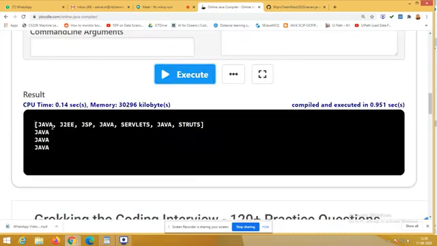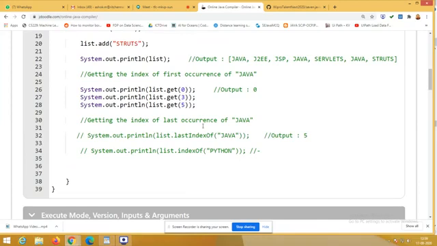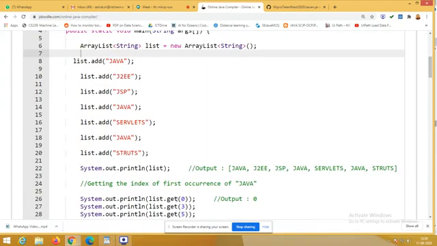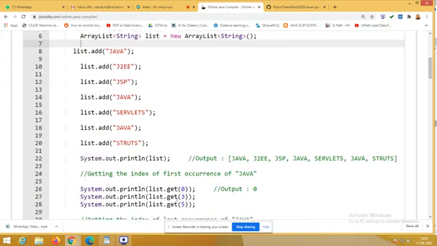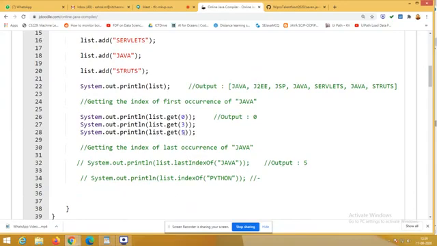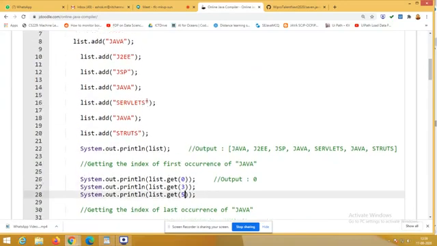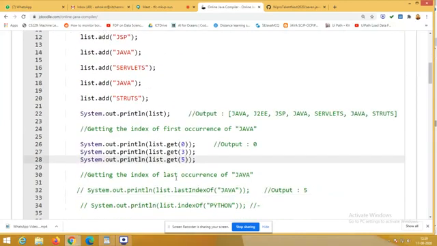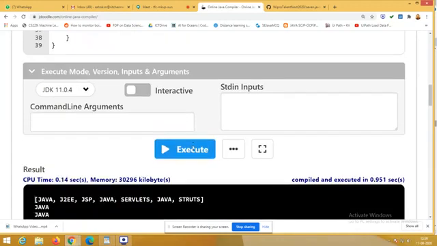Execution completed. See that Java, first Java retrieved, second Java retrieved, third Java retrieved. Right? Using the method get, the argument to be passed is the corresponding position. If I'm going to mention the position, it will retrieve the corresponding element. For example, how many elements are there? 0, 1, 2, 3, 4, 5, 6. Right? Suppose if we give 7, what will happen? Let us see. Because there is no seventh position. Let us check. Right? So these are all the type of learning.